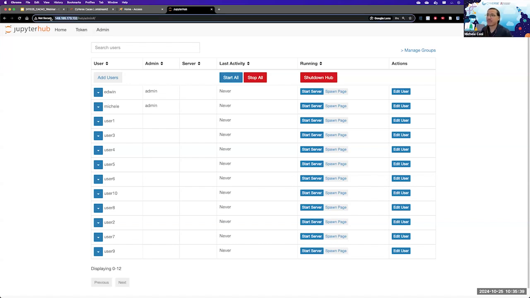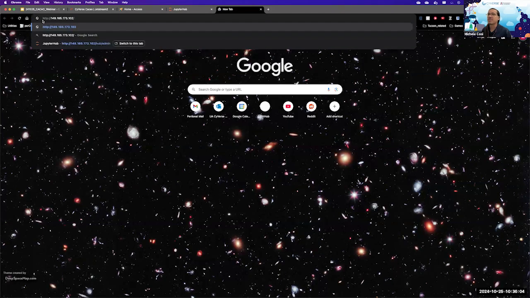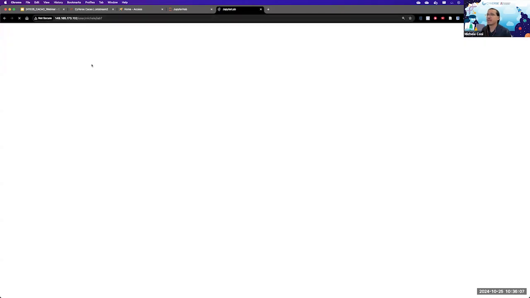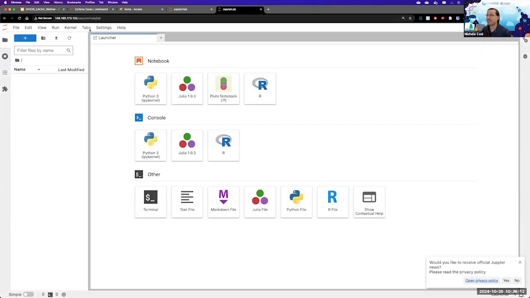And you can probably, if you want to, go ahead and try it out for yourself with the password being getting started with CyVerse. You can choose any user that you want. I'm going to start user 1 and user 2 if you want. I'm going to start also mine and Edwin's instances as well. So with the URL that I've shared with you, I'm going to press enter. And here we go. It already knows who I am. And here, very shortly, I'm going to have a JupyterLab, which I can use in order to do any sort of science and teaching that I require.